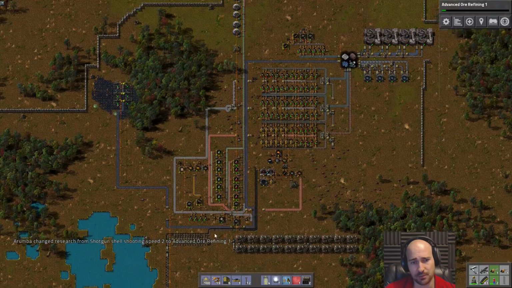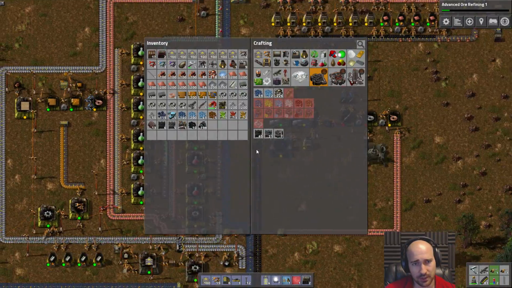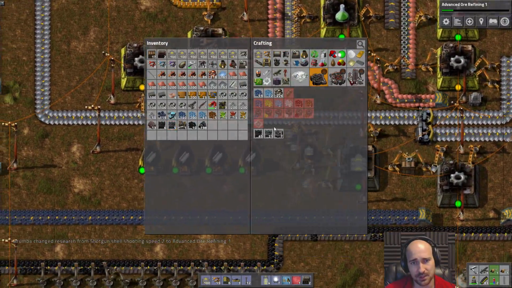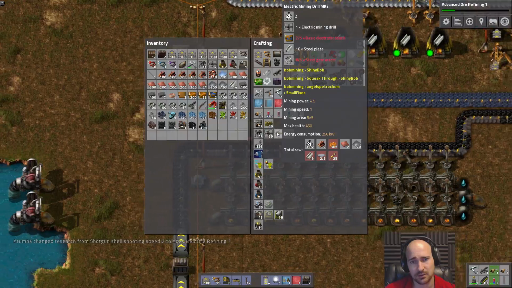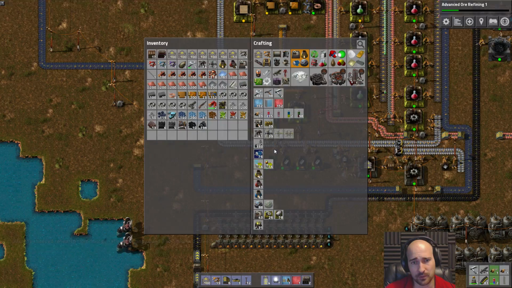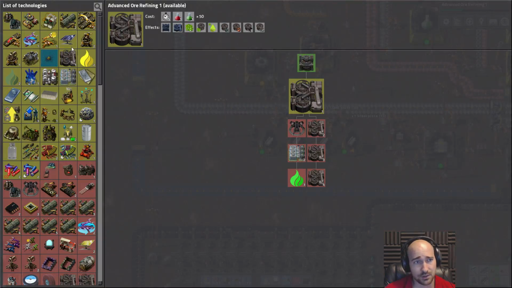Need to get some more fuel up there. Getting pretty low on that fuel supply. But the biters have backed off. Feels good, man. Feels good. Moving the production area was a good idea, I think. Also, I definitely want to get